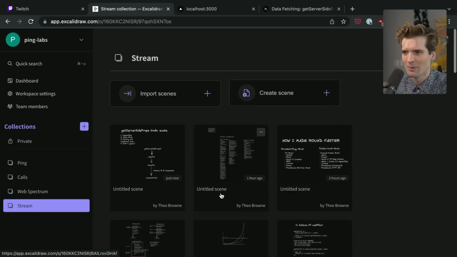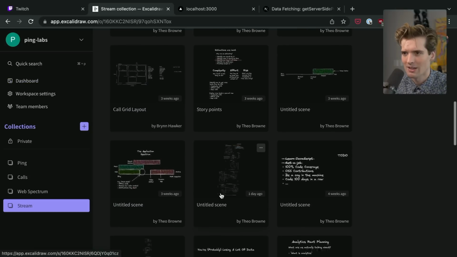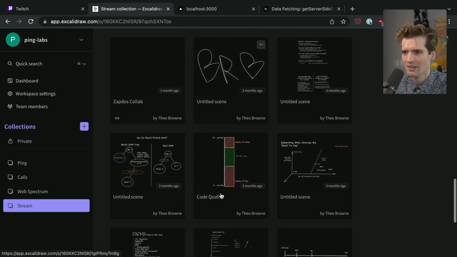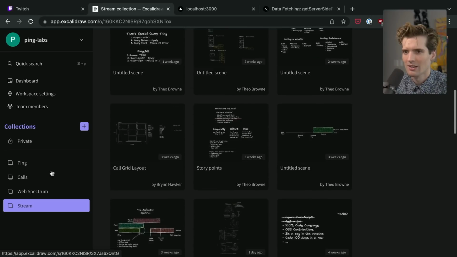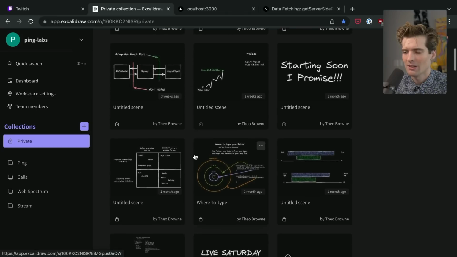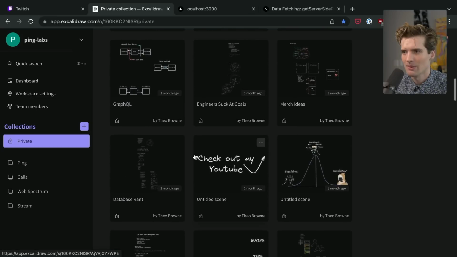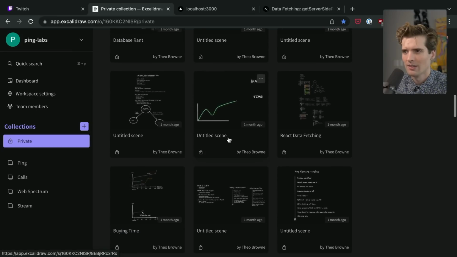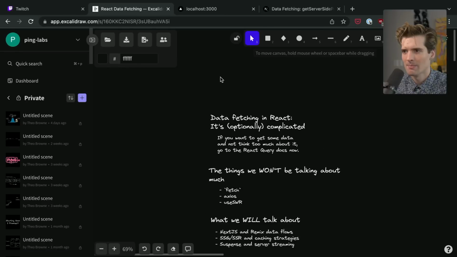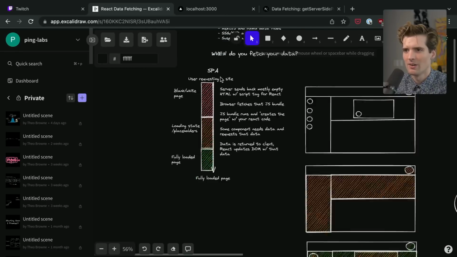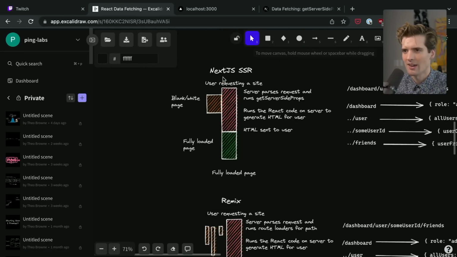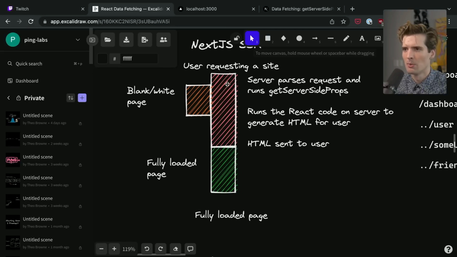Let me see if I can find one of these diagrams fast, because I have so many of them, and some of them are actually really good. It's probably in this one from before I was moving things properly. This it? Yep. Cool. So with Next SSR, you block up until all of that data fetches, and the user sees